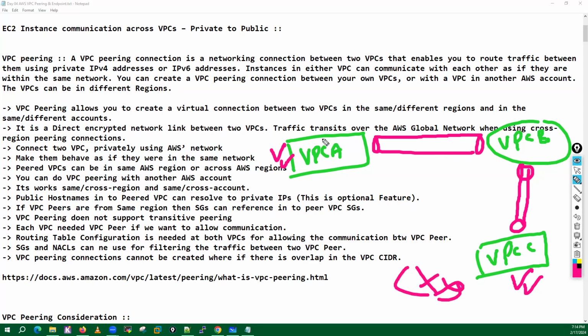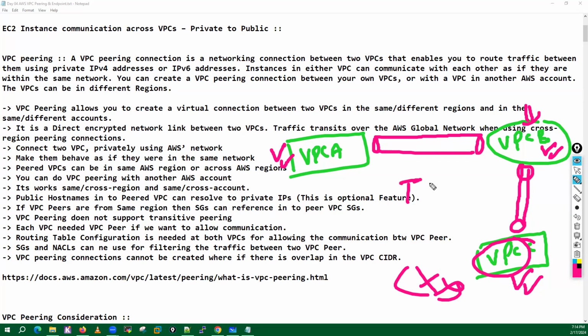All the resources from A can only communicate with the resources on B, and VPC C can only communicate with the resources in B, not with A. This is a limitation of VPC peering.